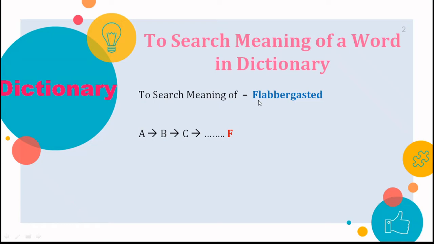Now we start searching all the words starting with FL, and then we go to A. First we start with F, then we directly switch to FL, and the search space reduces, right? So you don't have to search so much. Then you go to A and then B, and you search for the word in this particular order. The moment you see FLABB, you directly get this word. It takes a fraction of a second if you are really good at turning the pages, right? In this way you find the word in the given dictionary.